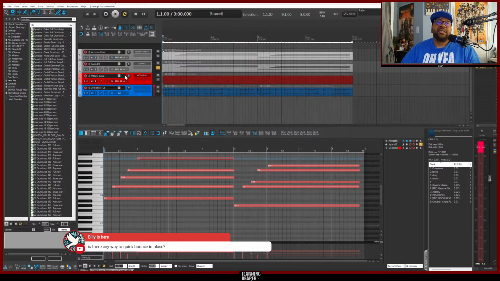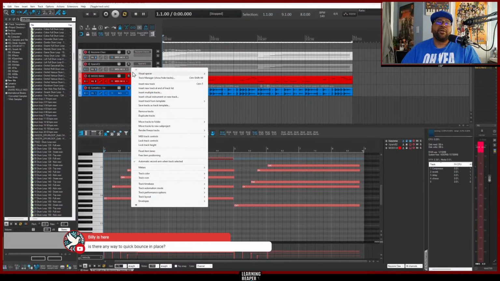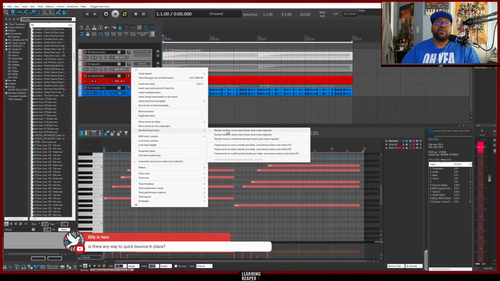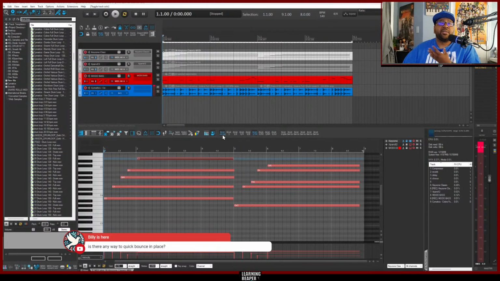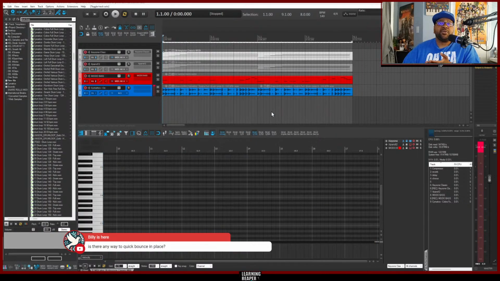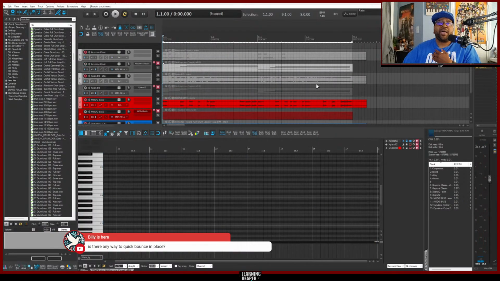So let's say I wanted to do this one that I have solo, this note here. So I can right click on here and go to render freeze track. So you have a couple of options here, right? The render tracks will actually just make a whole new track or lane. Basically, it'll just break down the wave and then you still have your MIDI available, right? The freeze track allows you to make the whole entire track into an audio file. So I usually like to do the render track in the stereo. And as you see, the new stuff will pull up and then boom, I have my